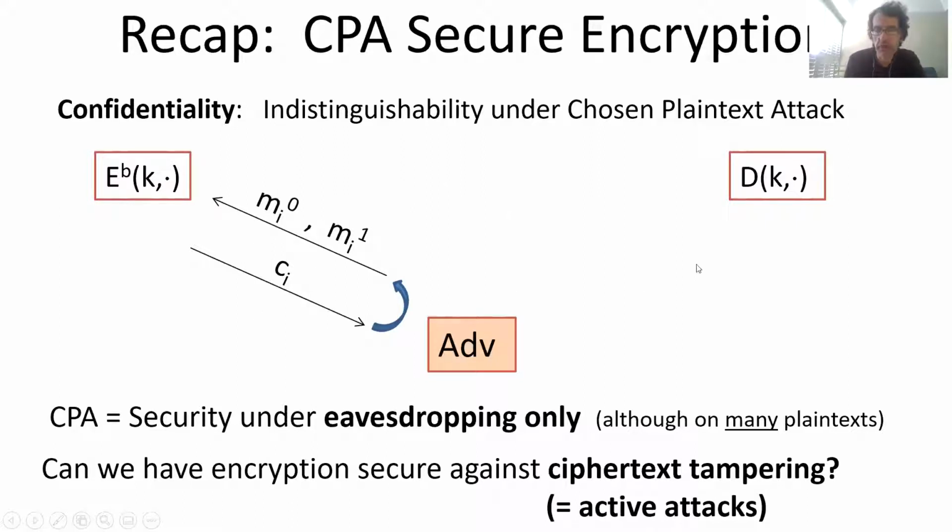What does it mean that he actively participates? Well, he could also send some ciphertext to the decryption box, to the receiver, and observe what the receiver does with the result. Because what does this box do? It takes whatever inputs it receives on this wire, interprets them as a ciphertext, and decrypts it. Now, it's maybe a little funny to assume that the result of this decryption is just going to be given back to the adversary.